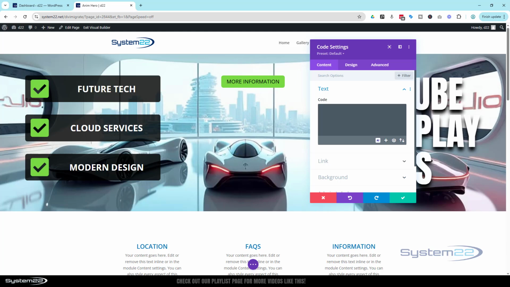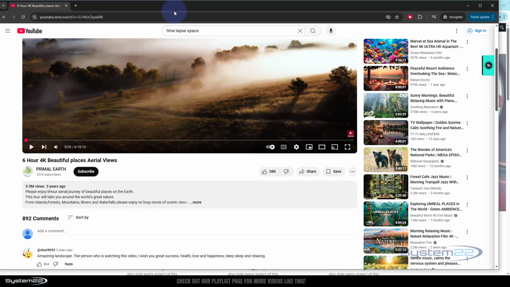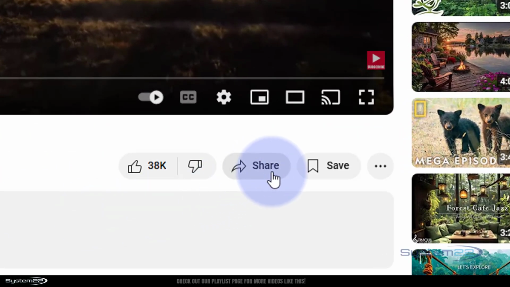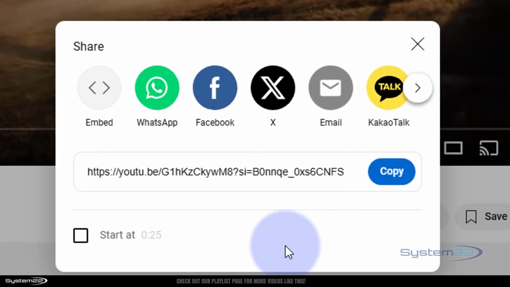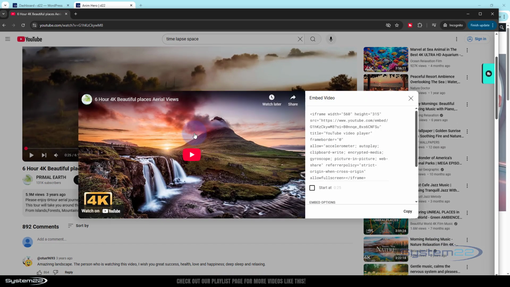Okay, well, let's go over to YouTube and find a video. I've got YouTube open here. Go to the video that you want. Hit the share button right here, and it's going to pop up. We need to click on where it says embed right here on the left-hand side. If it's not there, just scroll through. You'll find it with the other icons there. Once you're in here,